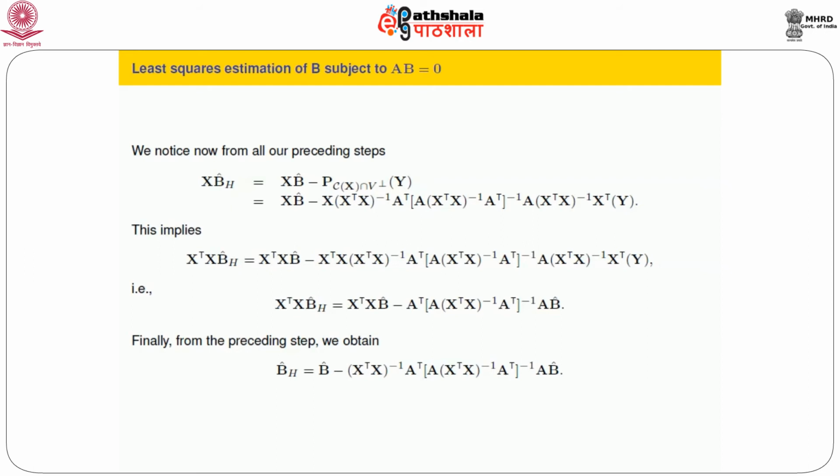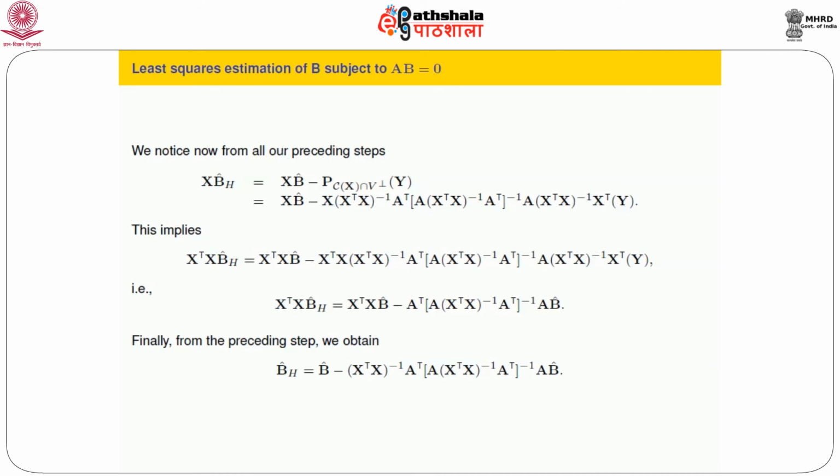What is the expression X b hat minus x? One should do a little bit of calculation, taking a piece of paper and pen. This X, this inverse, A transpose, etc. inverse, A X transpose X inverse, X transpose Y. We need not put a bracket there. So I pre-multiply by X transpose throughout. Then X transpose X b hat h, X transpose X b hat x, these cancel each other. I get this. Alright, so what do we get now?